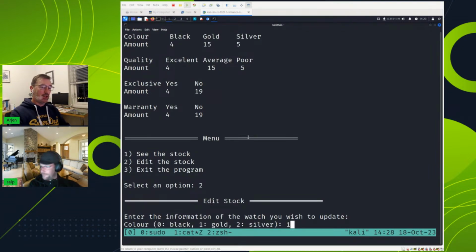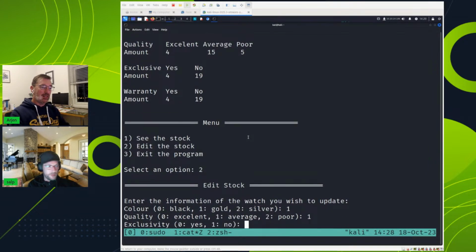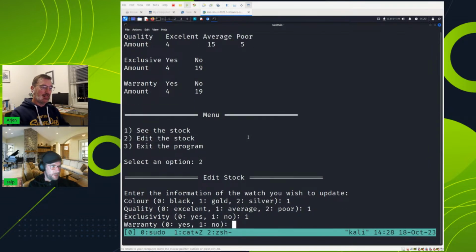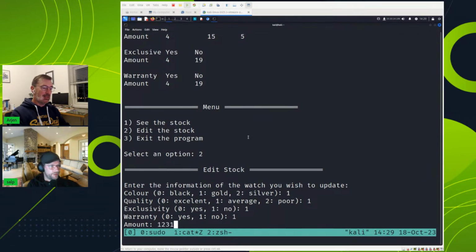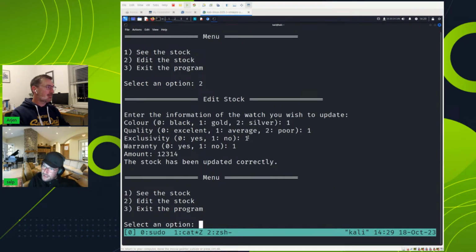And I want gold, of course. Quality Rune, 1. In the meanwhile, Rune says use objdump to dump the .data section, which is the